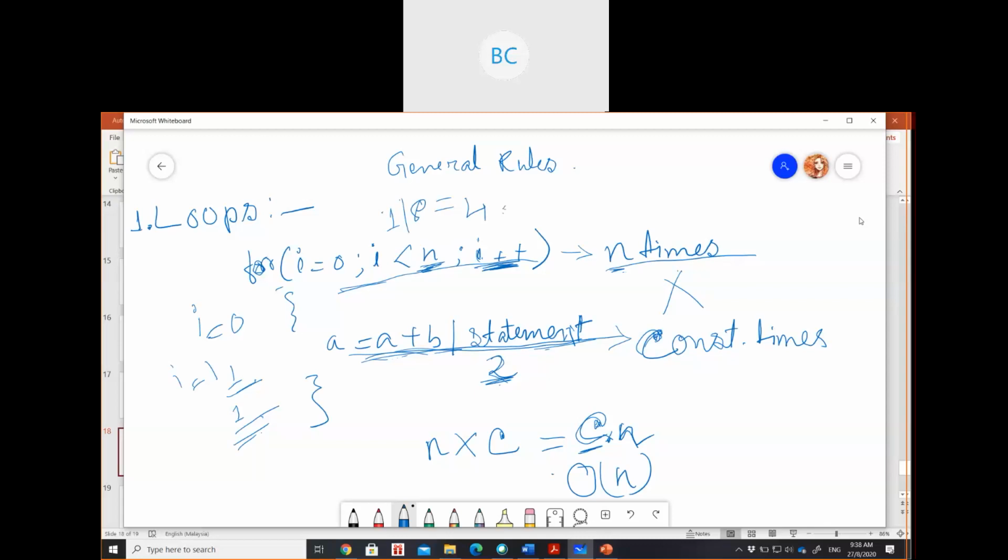If I say input size is 5, then this for loop will run for 5 times, correct? So whatever the size of the input, if 1 it will be 1, if 2 it will be 2, and so on. Depending on the number of inputs it will run, and since here we just mentioned n, it will run for n times. Then any statement inside the for loop is going to take constant time.